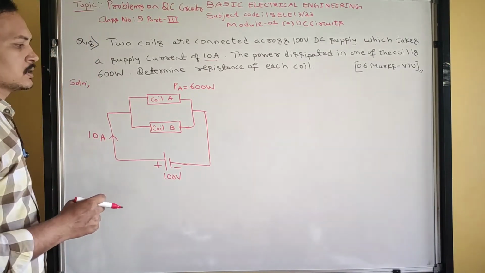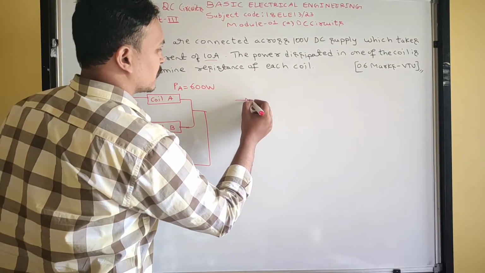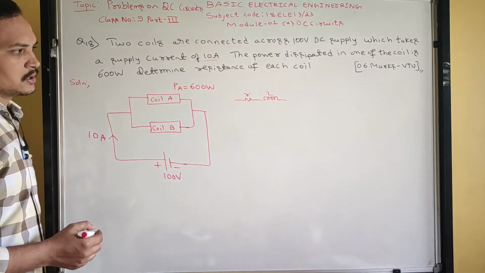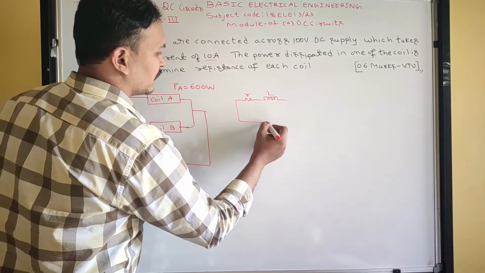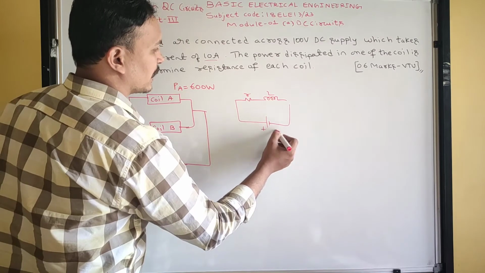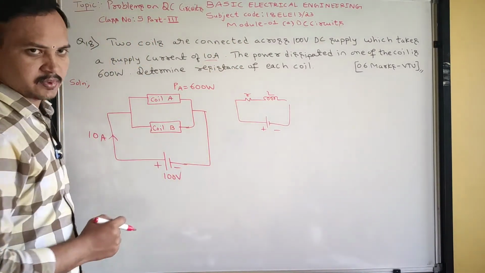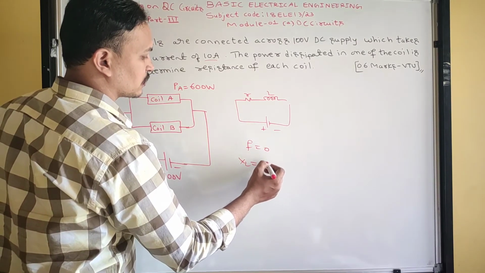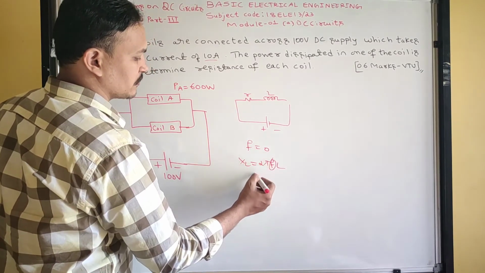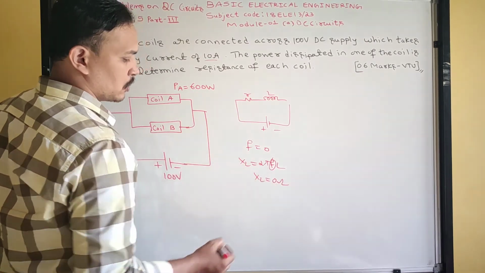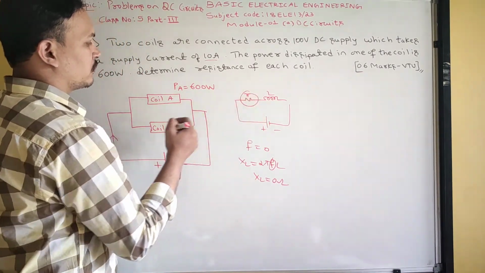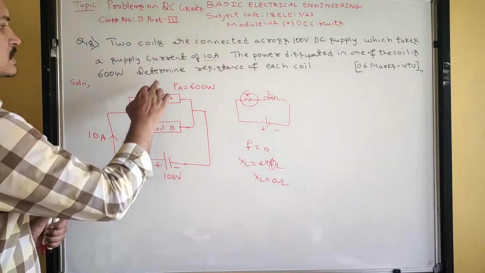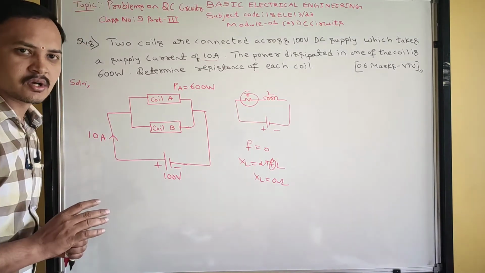So guys, see, generally the coil is nothing but resistance and inductance. Since I apply DC supply to the coil, because they gave DC supply, in DC the frequency will be 0. What is XL? XL is equal to 2 pi F L. If frequency becomes 0, XL will be 0 ohms. Then what is left in the coil? Only resistance is left in the coil. Therefore they asked to determine the resistance of each coil.